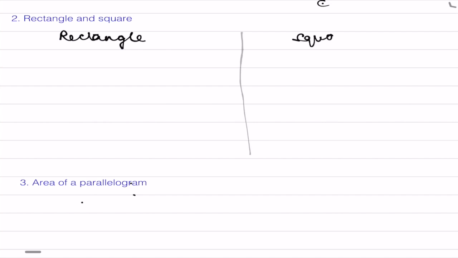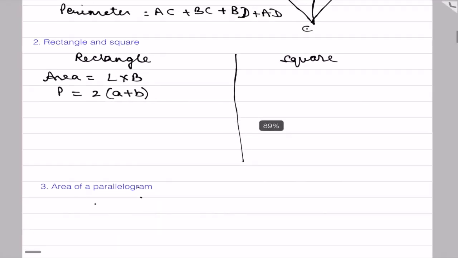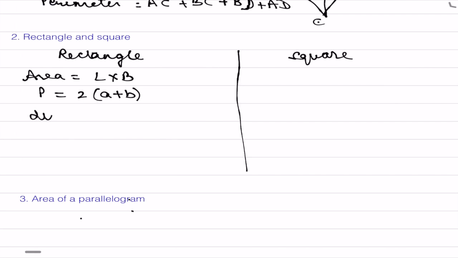Now see the next formulas that you have already studied in your previous classes, rectangle and square. So first see the rectangle and then the square. Area of a rectangle, everybody knows, length into breadth. Perimeter is the sum of all the sides, so 2 into (L plus B). Then another formula we can use is for the diagonal of the rectangle. The diagonal of the rectangle is the square root of L square plus B square. The unit of area is square centimeter or square meter, and the unit of perimeter and the diagonal is either meter or centimeter.